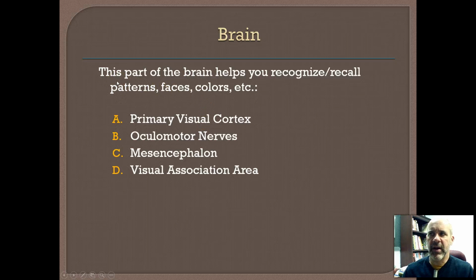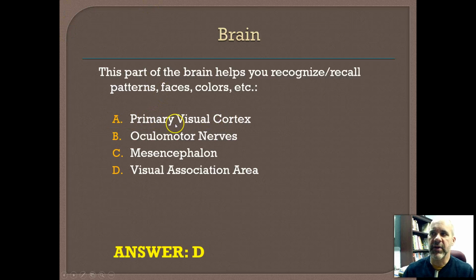And whenever you're referring to a part of the brain that's involved in recognition or calling up memories about some sort of sensory info, that's going to be an association area. So our answer here is going to be the visual